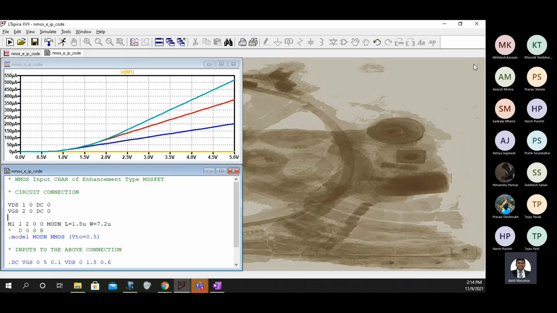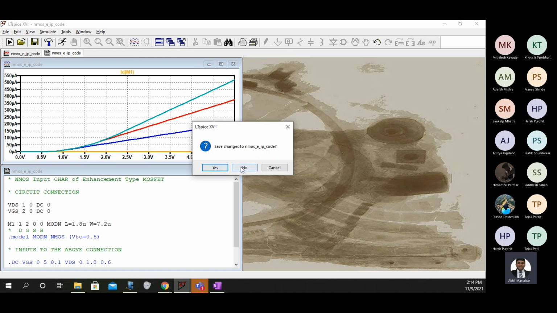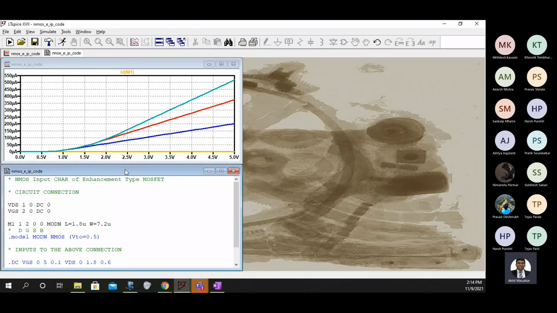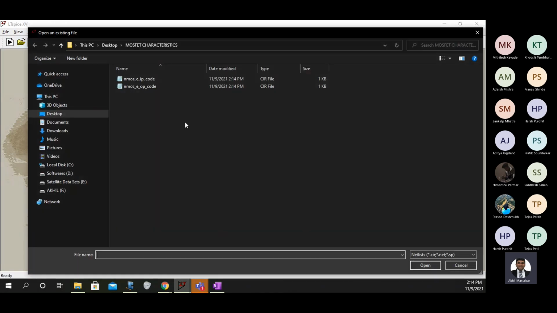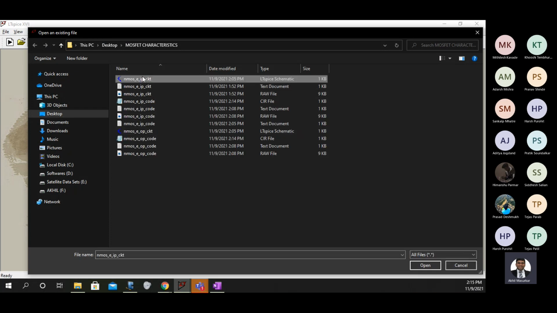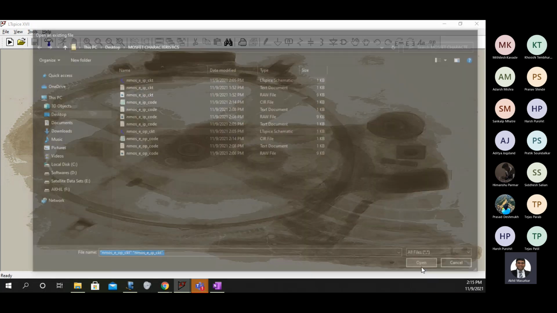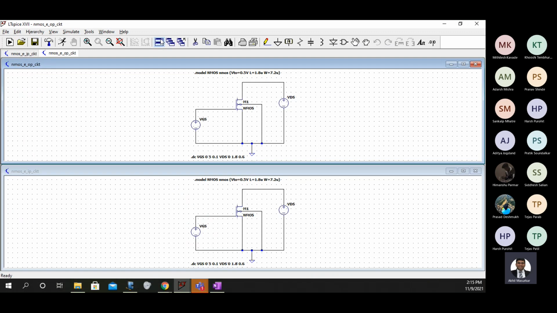So now I'm closing this, and now I am going to open circuit schematic files, and you could see that in this case, first case, I have written .input, this is .output.